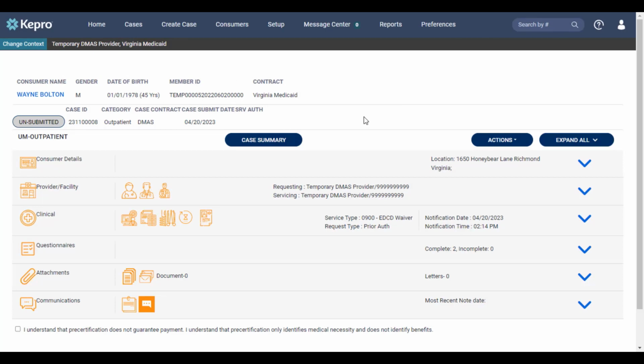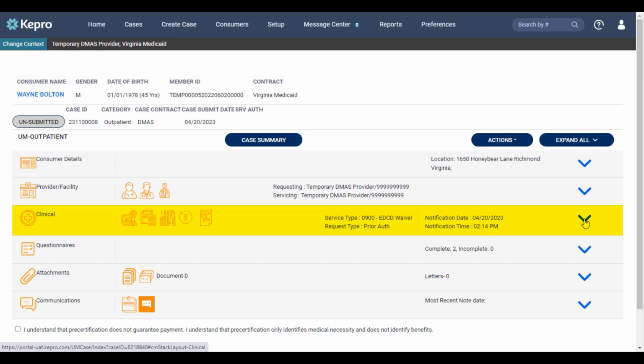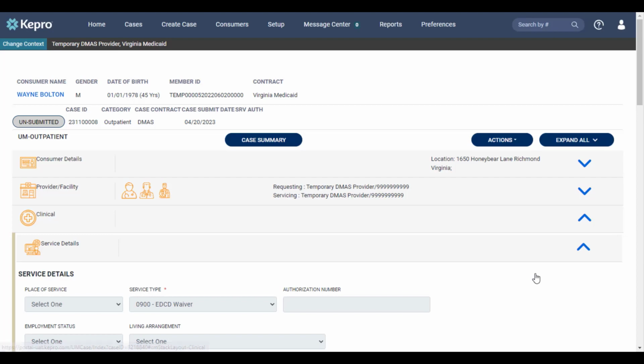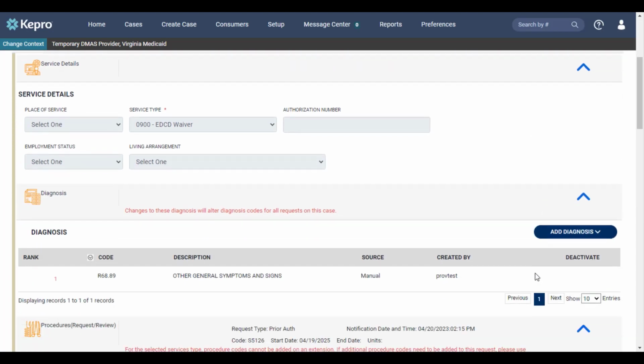You will notice that the view of your case is different from what you've seen before when using the Create Case in the navigational pane. All the required information will be within the ribbons. When you create an extension, you will notice that the case ID will remain the same. It will also copy over the member, your provider facility. If you expand clinical by clicking on the arrow, you will see that it also copies the service details, diagnosis code,